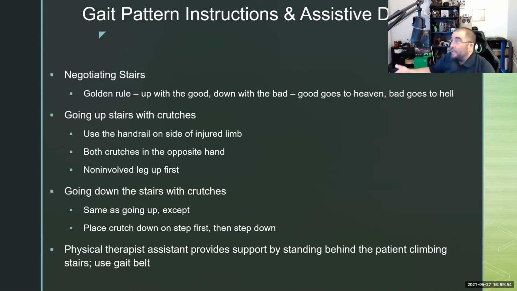We always want to be below the patient so that we can catch them. If they tilt and go forward, that's fine. That's what the gait belt's there for, right? But if we're behind them and up above them on the stairs and they start going down, that's not going to be fun, because we're going to grab that gait belt and go for a ride with them, and we're both going to end up in a pile at the bottom of the stairs.